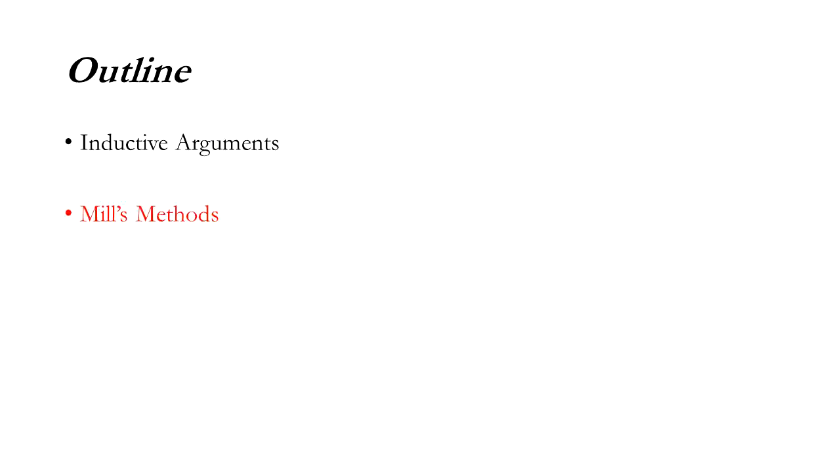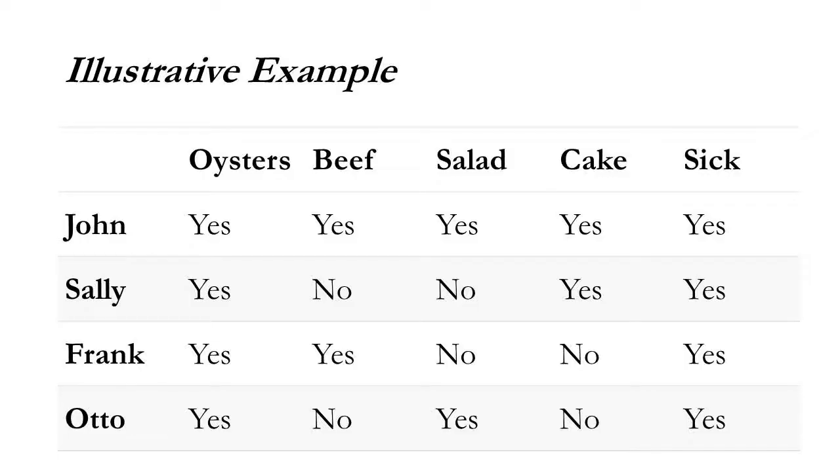Now, we jump over here to Mill's methods. John Stuart Mill, genius. He constructed methods that he thought governed the sciences. That'll be very helpful for us, and hopefully for you as heuristics when you're thinking about your life, because it's not just applicable to sciences. We'll start with this illustrative example.